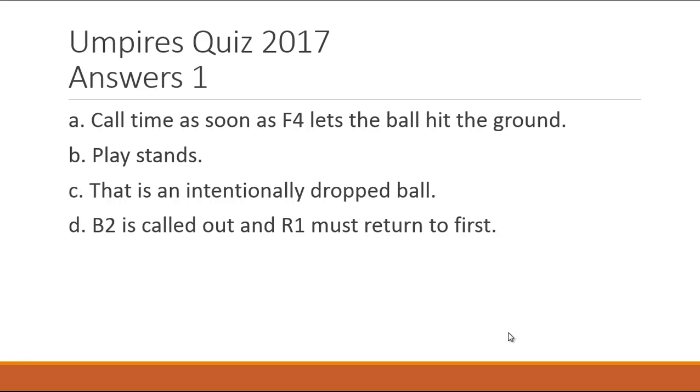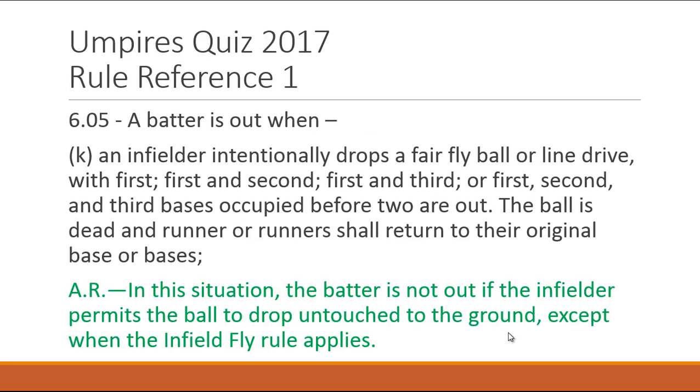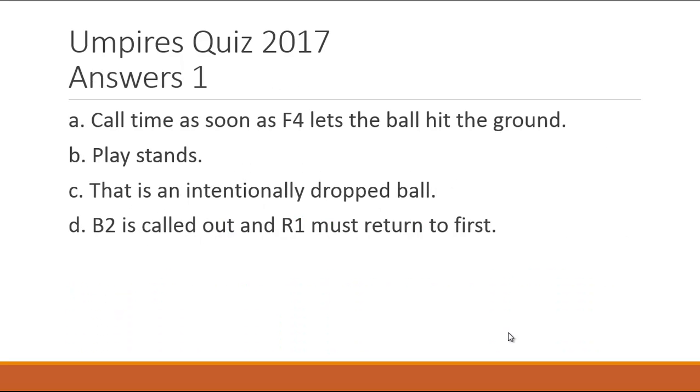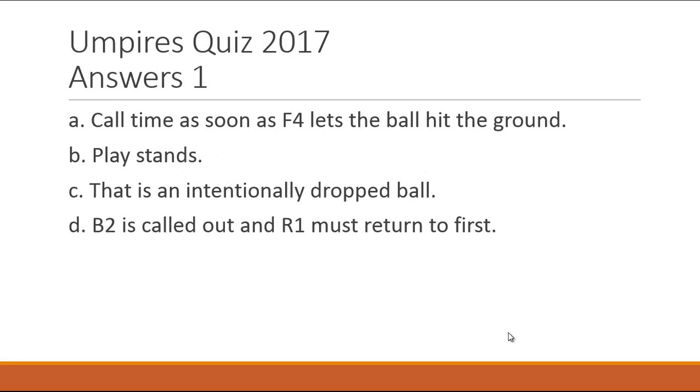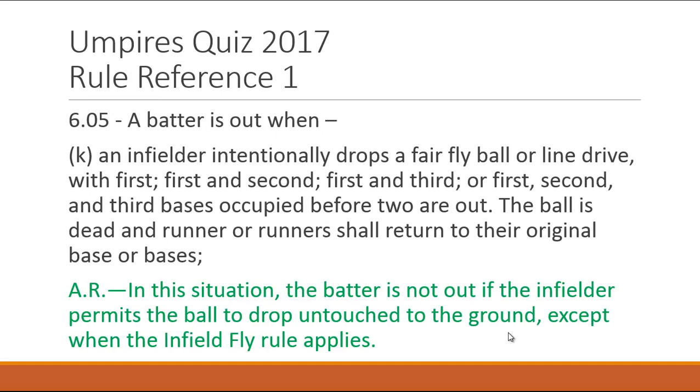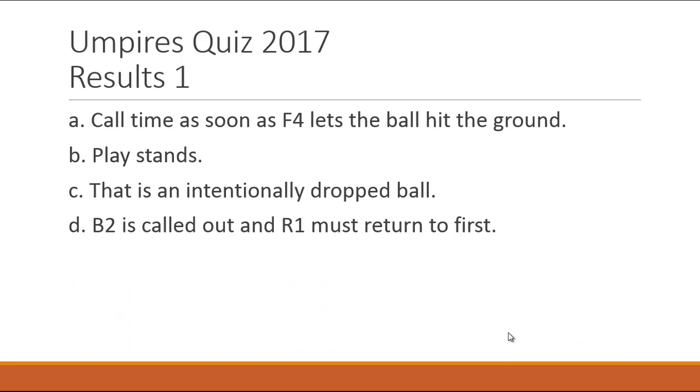Let's take a look at the ruling now. We just went over this in class the other night, so those of you who were there, as a matter of fact, this very exact scenario. A batter is out when an infielder intentionally drops a fair fly ball. But the approved ruling, in this situation, the batter is not out if the infielder permits the ball to drop untouched to the ground, except where the infield fly applies. So when we go back and we look at this, here are our options. One out, runner on first, no infield fly. So if he lets it fall to the ground untouched, the answer is